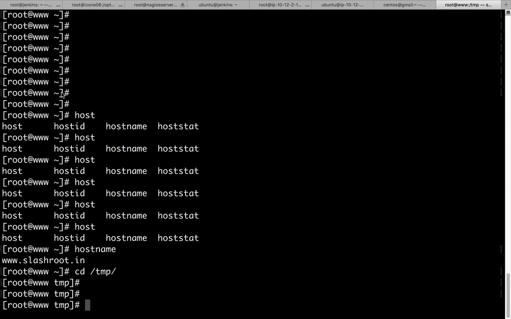This section indicates where you are currently located, and the tilde stands for the home directory of the user. So if you are located in the home directory of the user that is logged in, it will be shown as a tilde symbol over here. If you are sitting at some other location, then that location will be shown over here.